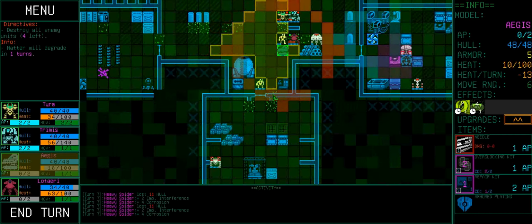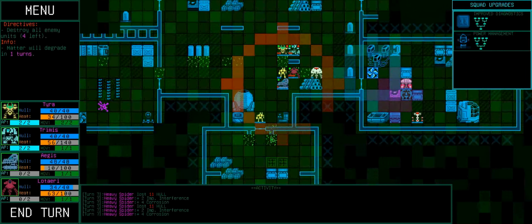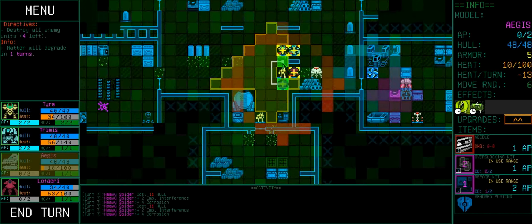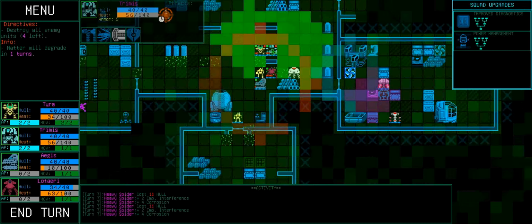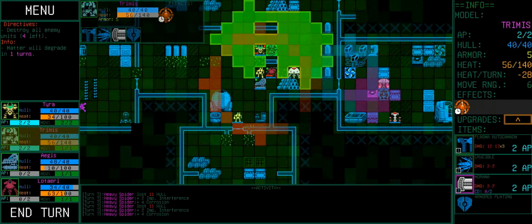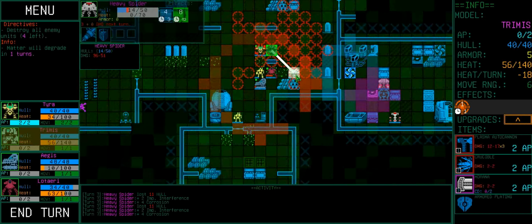Oh! Oh! Okay, I was wrong. If we don't do any damage, if our damage is 0, we can't actually destroy a wall. Interesting. Okay, I thought we could. Now I know. We'll leave you here at the moment, Aegis. Tremus, you don't have much heat. So we'll go ahead and...